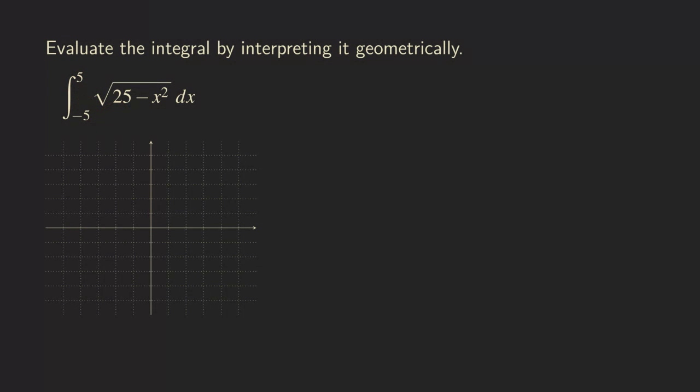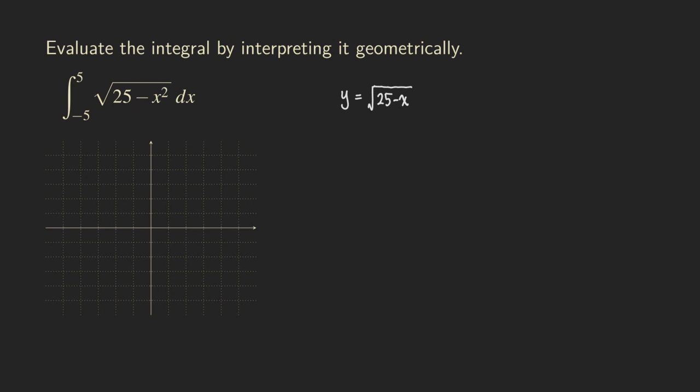So that means we can probably just interpret it geometrically so that we do not really need to do the integration, right? We don't even need to use the Fundamental Theorem of Calculus. We don't even need to find the antiderivative. We only need to interpret it as an area, right? So how do we do that? First, we look at the integrand, y equals the square root of